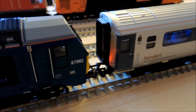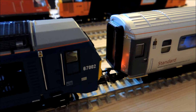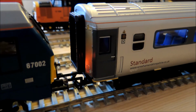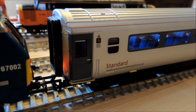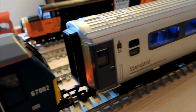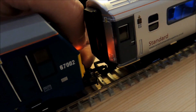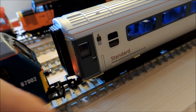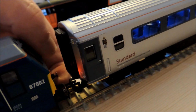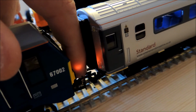But luckily Hornby give you couplings for the front and the back of the locomotive. So I took the locking arm from the other coupling and put it on this MK3 for the moment. And the other problem with the coupling is that Hornby have used their mechanism where the coupling turns with a spring, which is great, apart from the fact that it does tend to push it down,